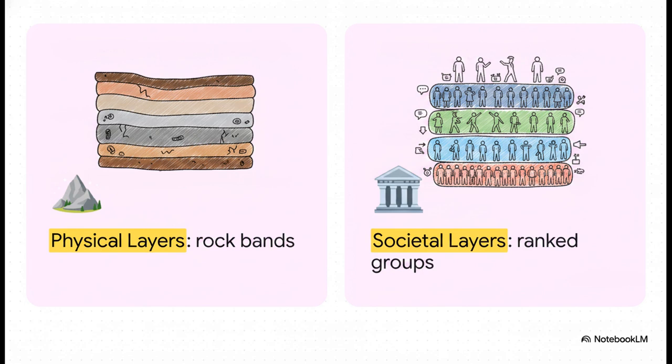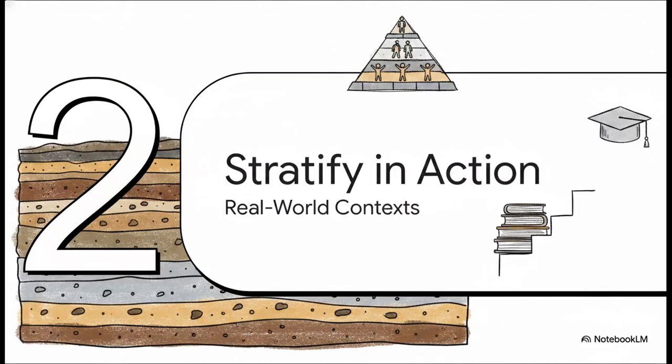But moving outward to the figurative petals of our sunflower, we have social layers. The exact same image applies to human beings. To stratify a society is to divide it into layers, or classes, ranked above and below one another. It's like an invisible canyon wall, splitting society into these ranked groups. Whether you're talking about geology or human society, that visual of the stacked layers runs consistently through both the literal and the figurative.